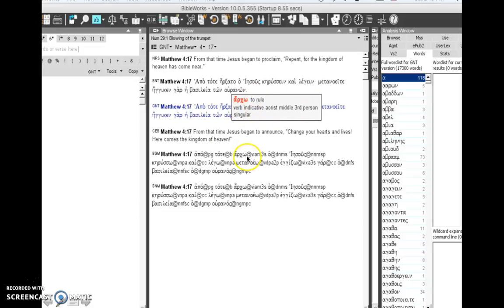Here's an example, and I wanted to pull up an example using BibleWorks of Matthew 4:17. Apo tote erxato ho Iesous kerussein kai legein, metanoeite engiken gar he basileia ton ouranon. From then, or from that time, you see the NRS translated, from then Jesus began. And here, erxato is an aorist middle, third person singular. Jesus began kerussein kai legein, two infinitives, which we will get to shortly. Jesus began to preach or to proclaim and to say